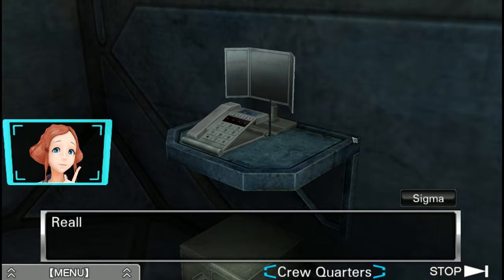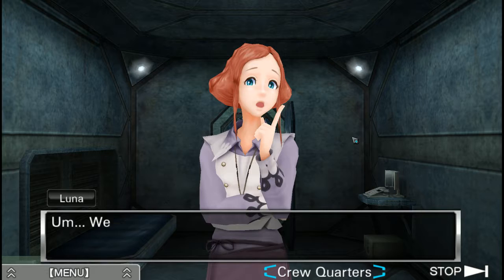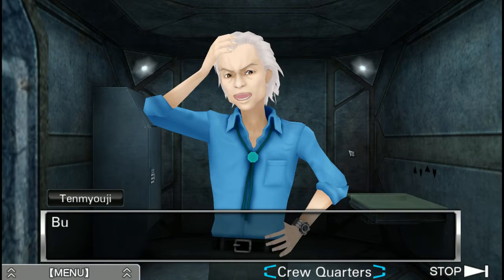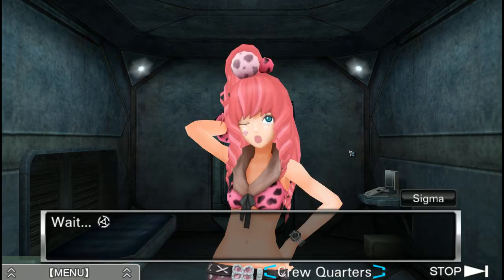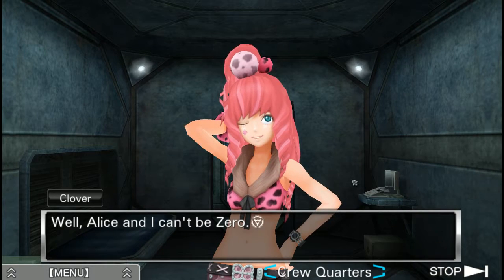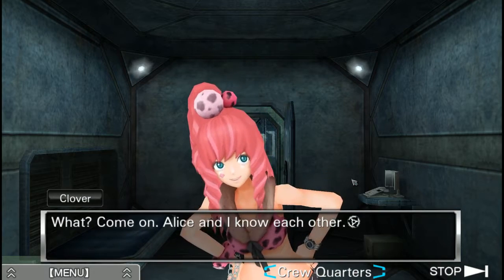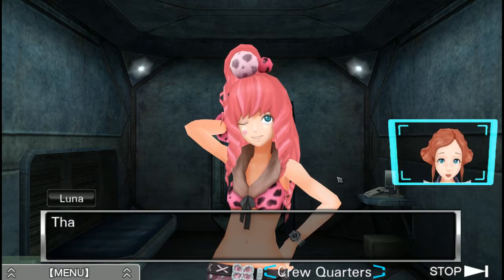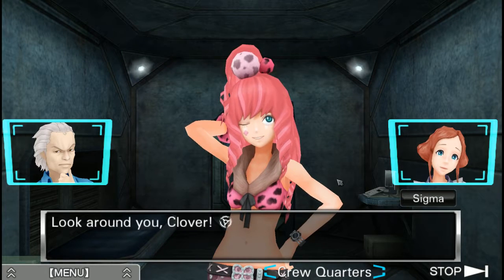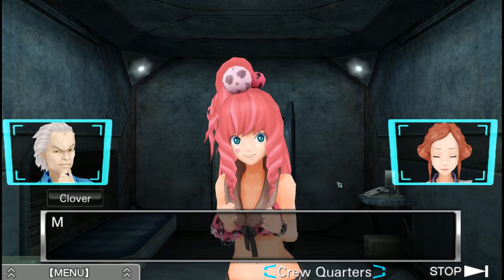I'm actually noticing that this is not changing too much. Well, maybe it's Fred. Kay was wrong. Well, Alice and I can't be zero. Alice and I know each other. Yeah, you're right. Maybe I should, sorry. Anyway, I just... Maybe if then I can tell...